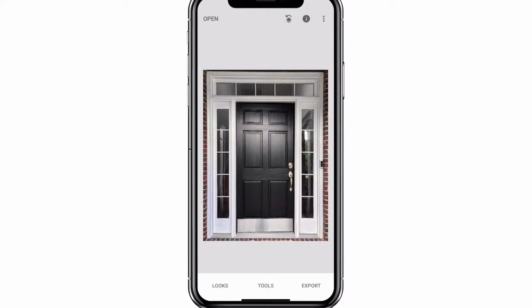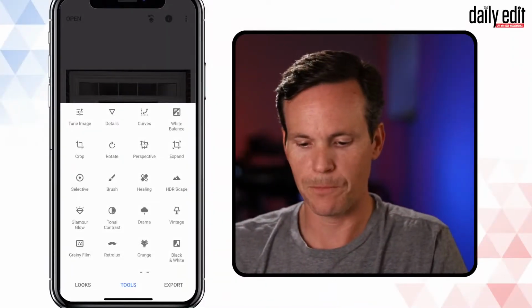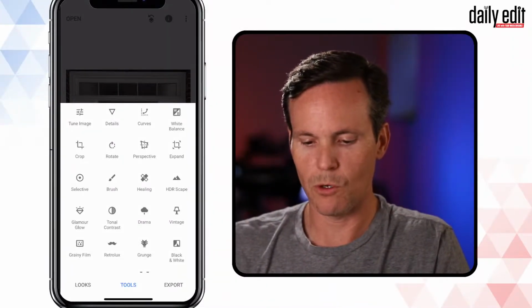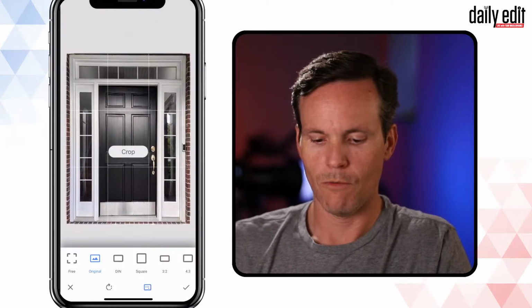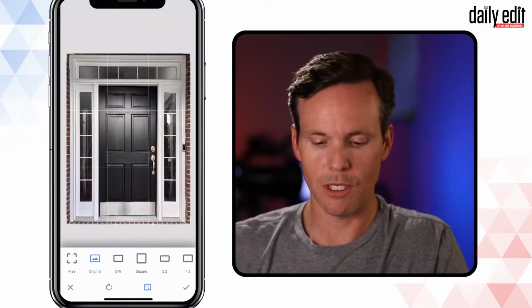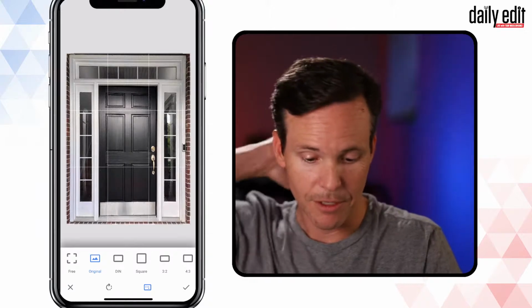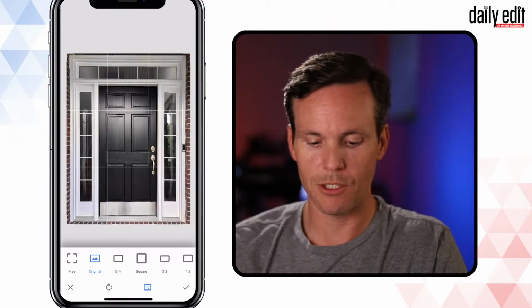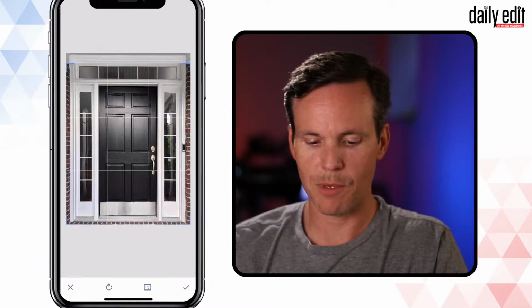And the last thing I'm going to do is we're going to export this photo. Let me get back to the image here. Here we go. We're going to export this photo for Instagram, and I'll put it up on the Daily Edit Live Instagram page. So we will go to the 5:4 aspect ratio